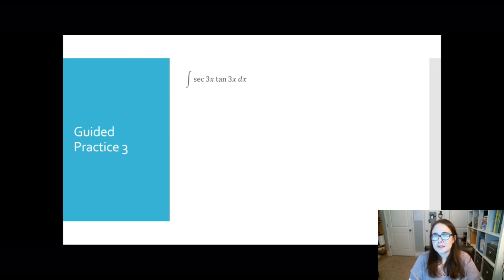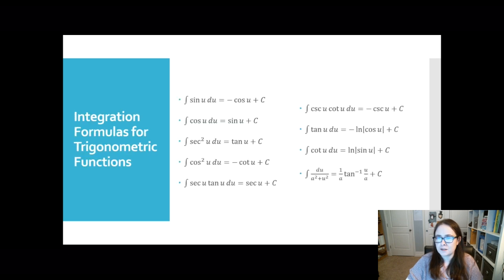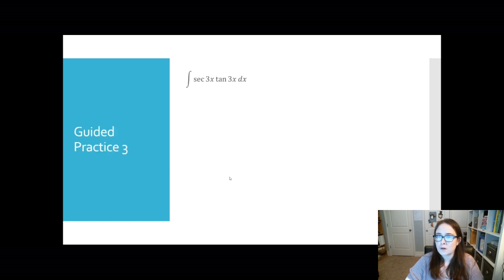So I have secant of 3x times tangent of 3x dx. And if I pop back just for a second here, secant times tangent, that is the derivative of secant. So I'm going to be able to use that here. The 3's kind of throw things off a little bit, which means I'm going to have to do a u substitution. So I'm going to start off with that u substitution with this plan in my head that I'm going to end up with a secant of something with some constants in there for my final answer. So I'm going to let u equal 3x,